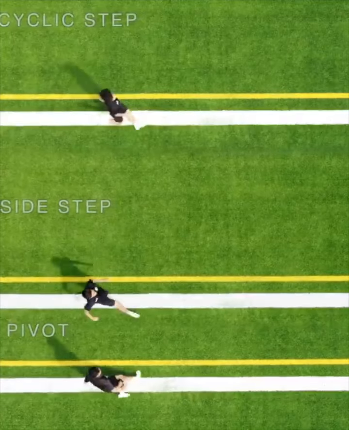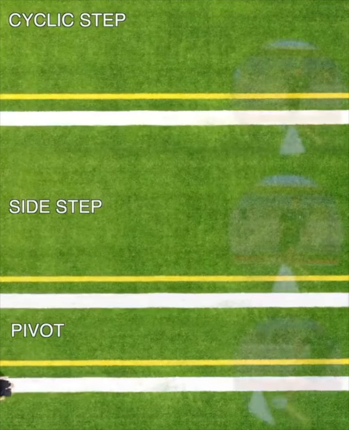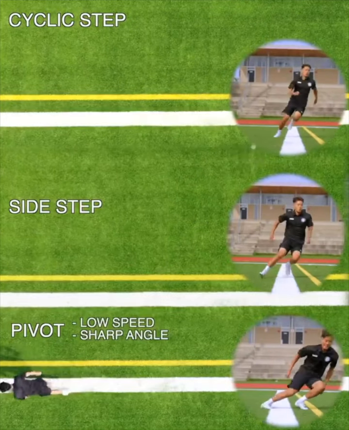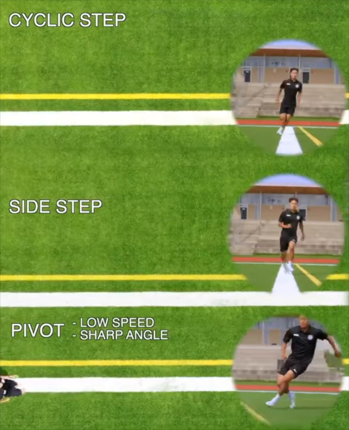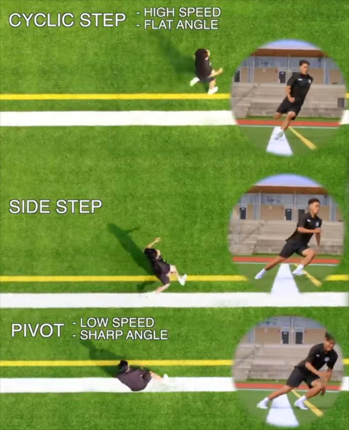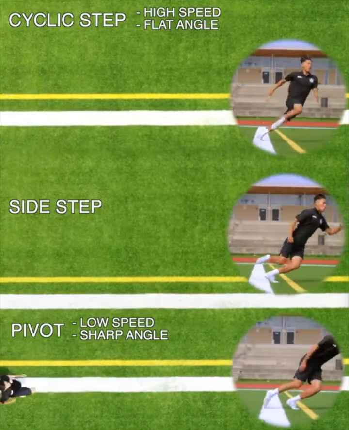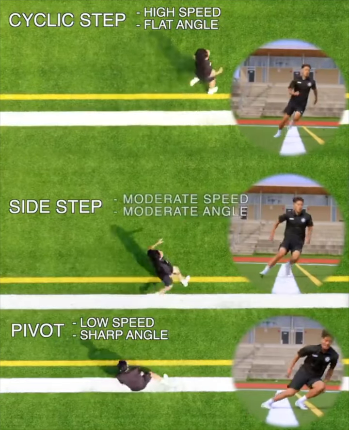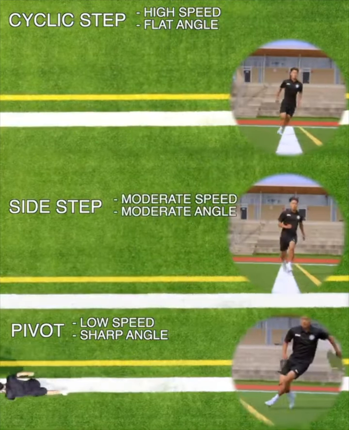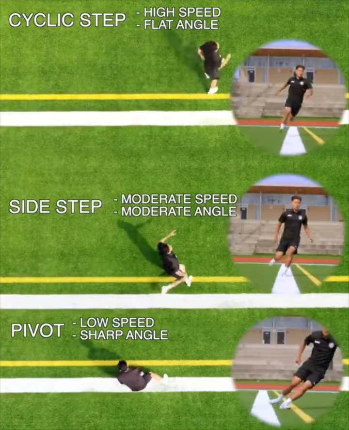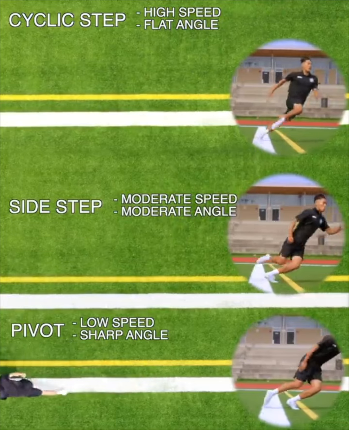COD angle. We would employ a COD mechanic that more closely resembles a pivot when approach speeds are low and the angles are sharp. Meanwhile, with greater approach speeds and flatter angles, we would probably implement a cyclic step. Lastly, the side step is kind of like our middle ground. It would serve to be the preferred COD mechanic in between the pivot and cyclic step for moderate approach speeds